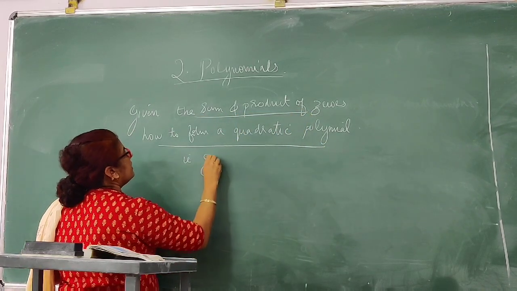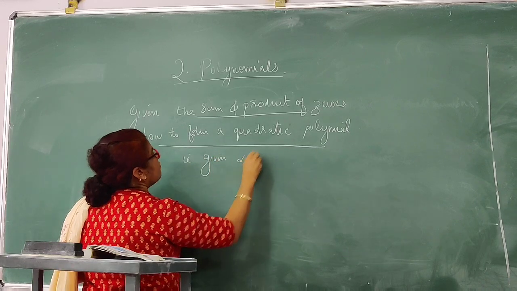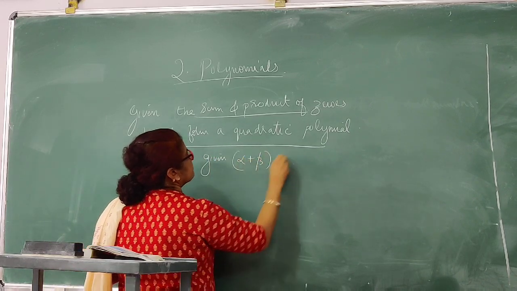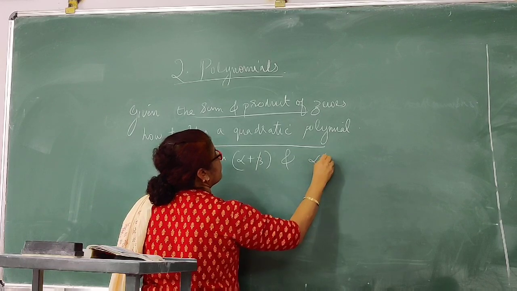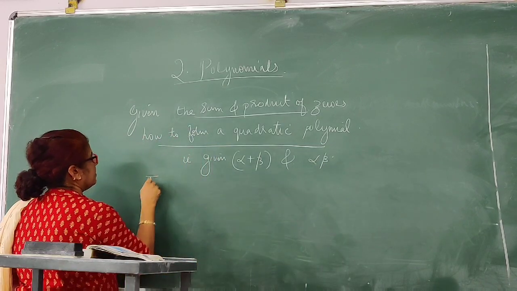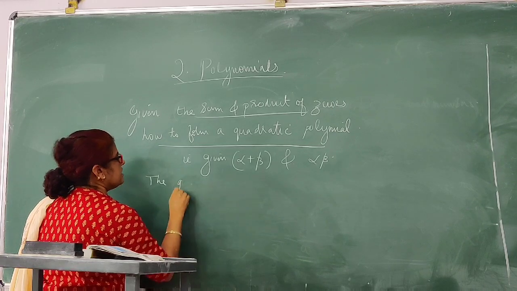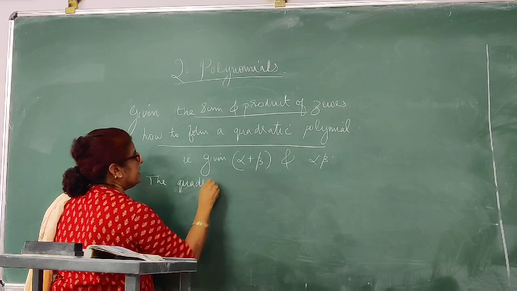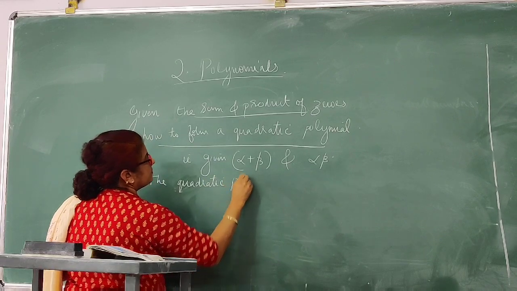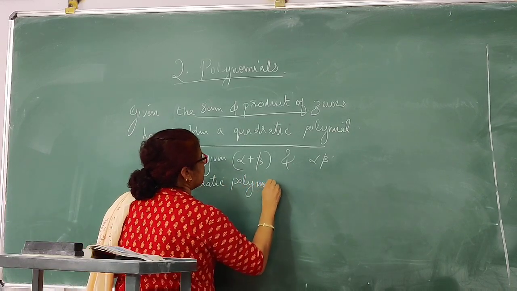That is, given alpha plus beta and alpha beta. The polynomial means the quadratic polynomial. The quadratic polynomial is given by,